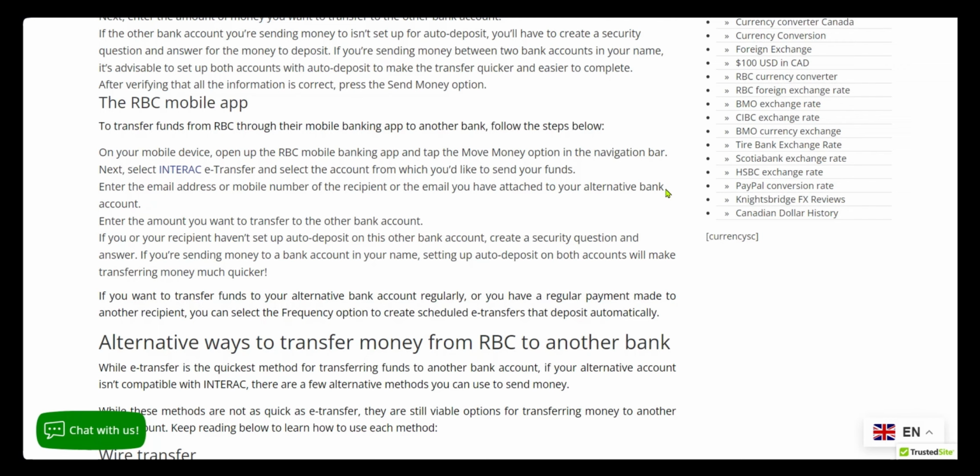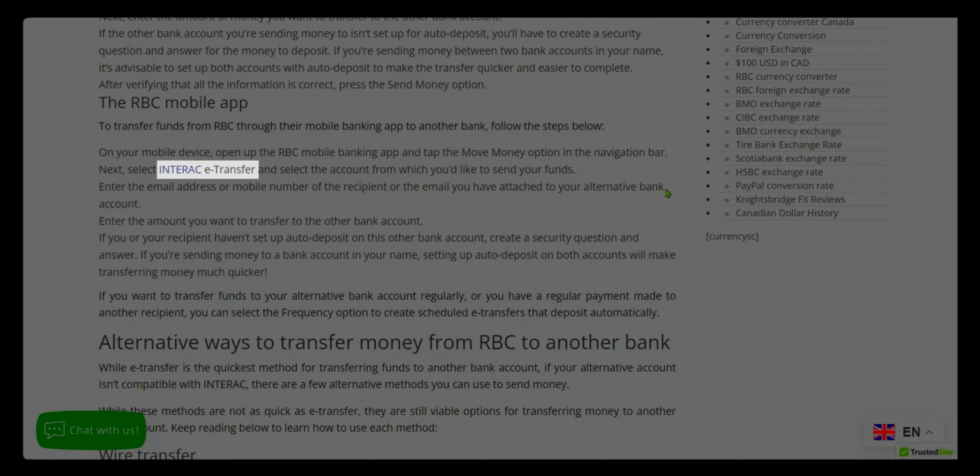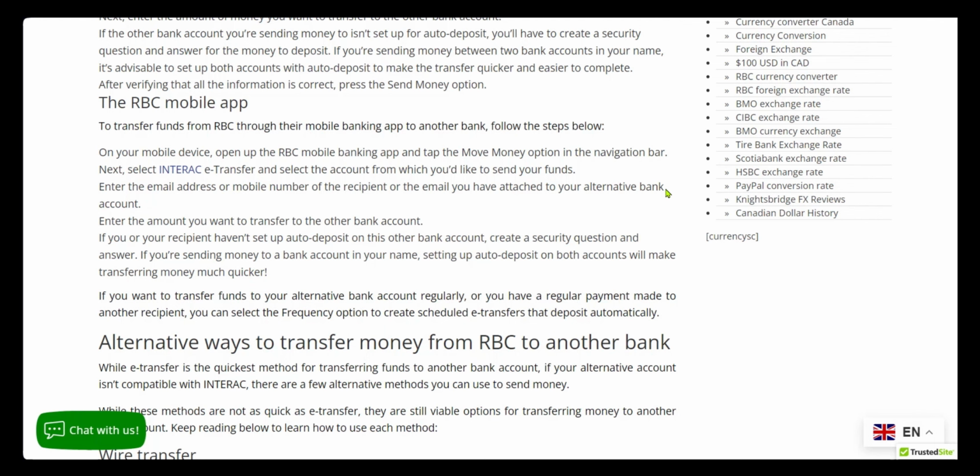The second alternative is using a mobile app. Now, to transfer funds from your RBC account through your mobile banking app to another bank, here are a few things to take note of. On your mobile device, you need to open your mobile banking app and tap on Move Money option in the navigation bar. Next, you're going to select Interac e-Transfer and select the account from which you'd like to send your